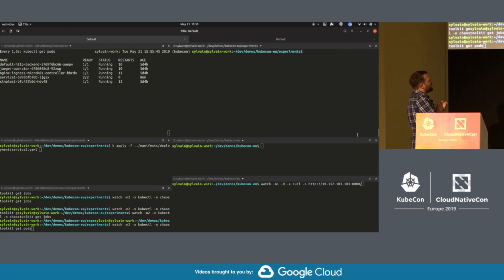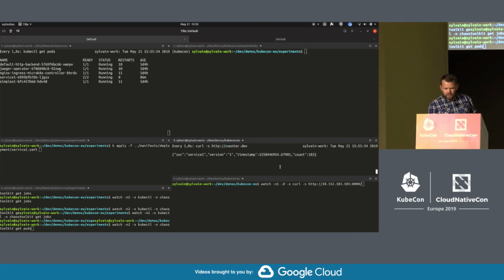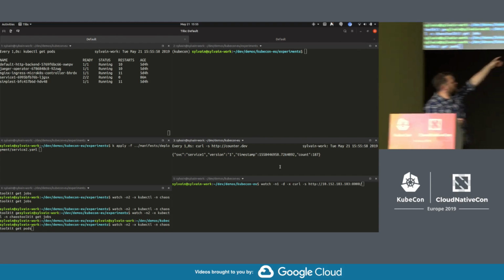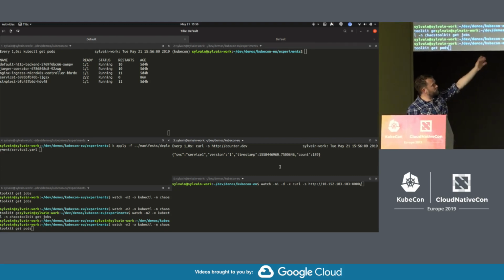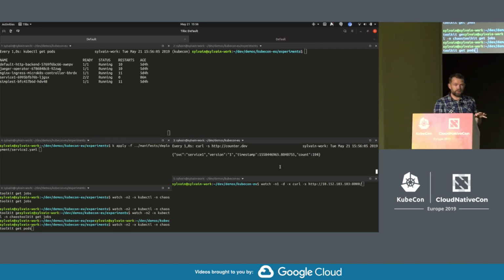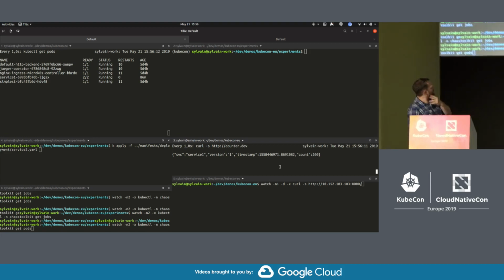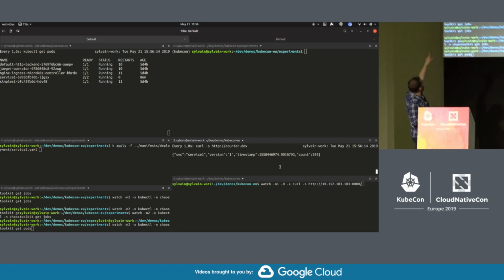Right, so where do we start? We've got a very, very simple service that returns a payload when we talk to it. It says the version of the service running, the timestamp of the call, and the number of calls it has received so far. That's just the endpoint that we're talking to. I kept it simple because I wanted to focus on the chaos part, not on the service side. So we've got that service, and we see that we have just one pod for it at the top.